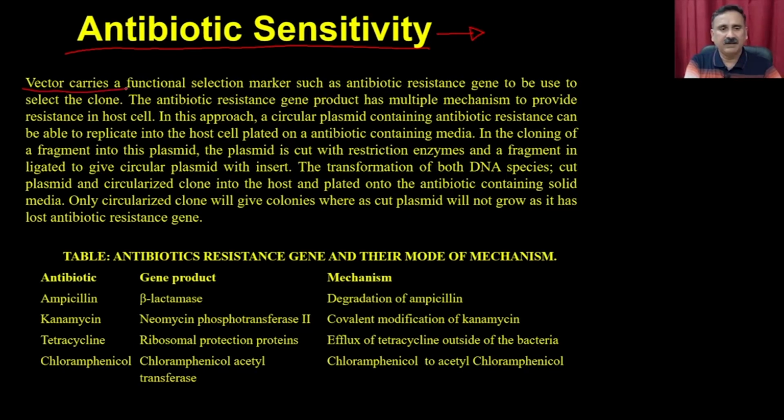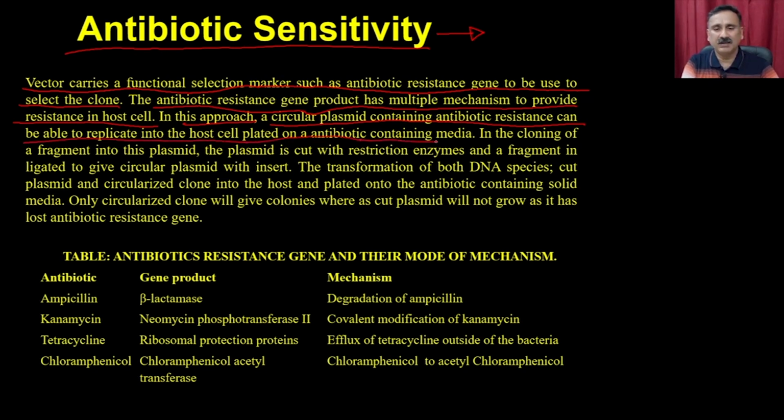But if you have the antibiotic resistance genes, most of these genes are going to inactivate the exogenously added antibiotics, and that is how it allows the proliferation of the bacterial cell if they have the transformed bacteria. So in this case, the vector carries a functional selection marker, such as the antibiotic resistance genes, to be used to select the clones. The antibiotic resistance gene product has multiple mechanisms to provide resistance in the host cell. In this approach, a circular plasmid containing antibiotic resistance can replicate in the host cell plated